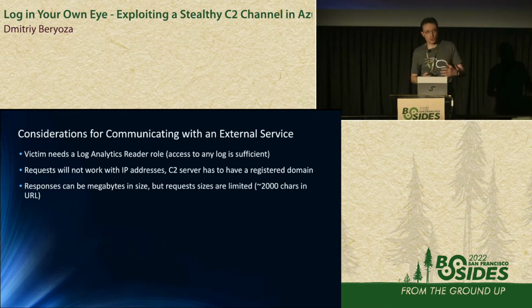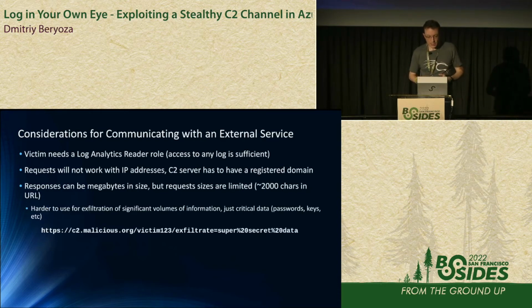Responses from those GET requests could be pretty big. In my tests, I could download megabytes of data from those data sources, and that wasn't a problem. But data coming out, by nature of GET requests, is limited. The URL is about 200 bytes in size, so it's hard to exfiltrate something significant over the channel. You'll have to have a lot of different queries in order to push through, I don't know, a Word document, for example. But you could use it just for critical data. So let's say you're trying to exfiltrate passwords, encryption keys, certificates. For little pieces of data like that, that would be a valuable tool.